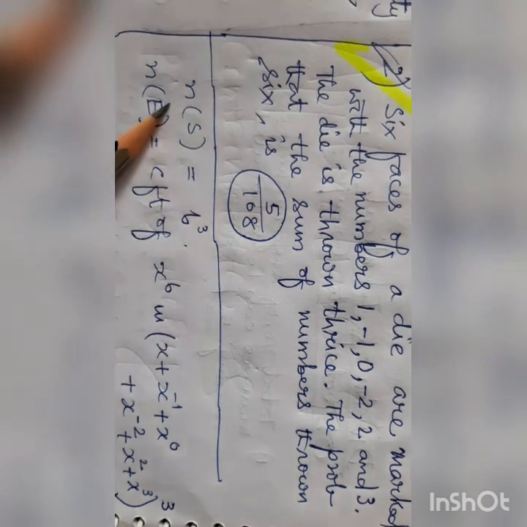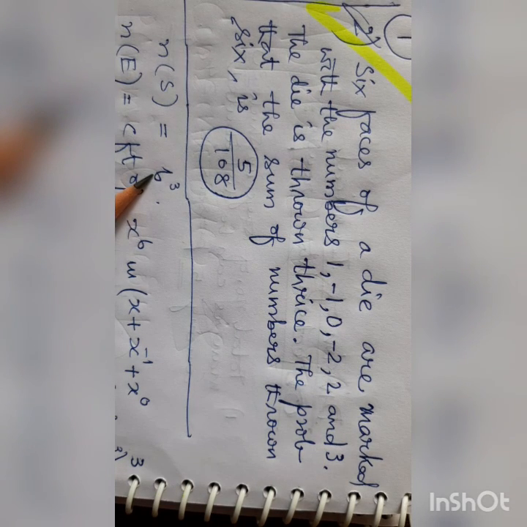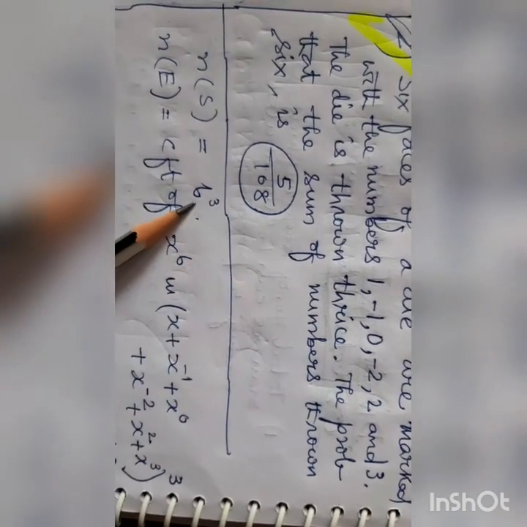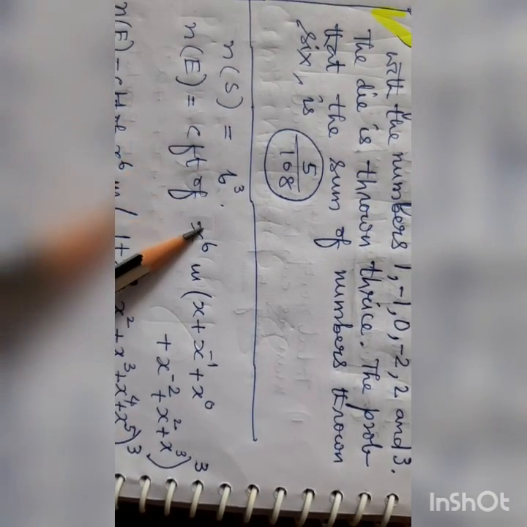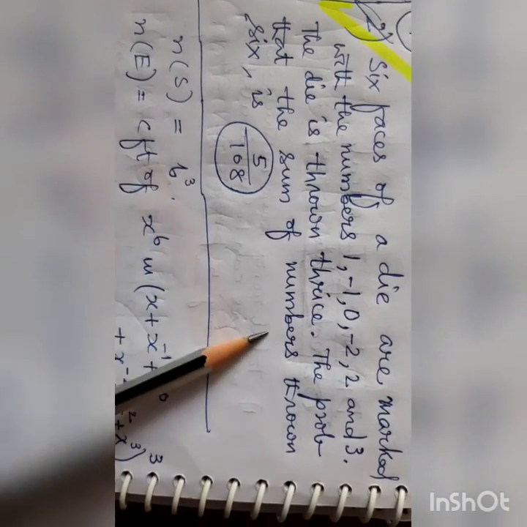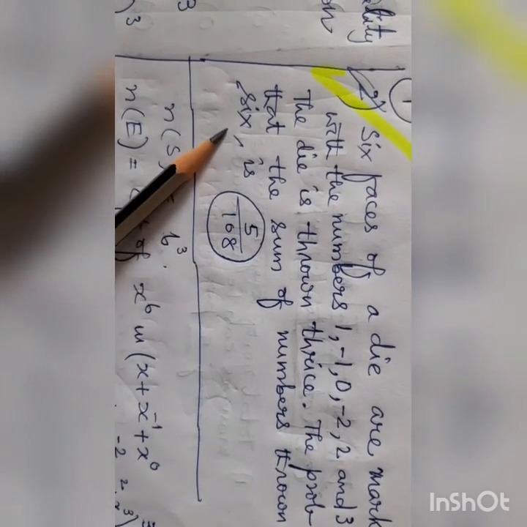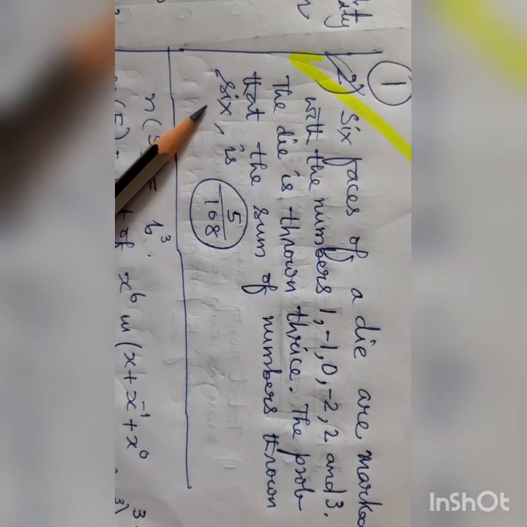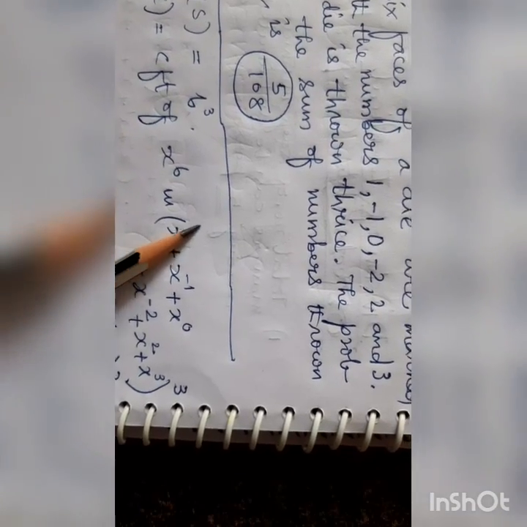So n of S equals, the die has 6 faces, no. How many times is it thrown? Thrown thrice. So 6 cube. n of E equals coefficient of x power 6, because the sum of the numbers thrown is 6. So as you followed in the previous question only, coefficient of x power 6 in